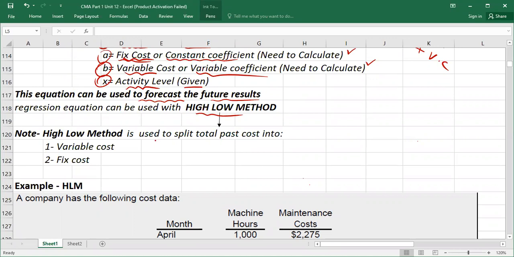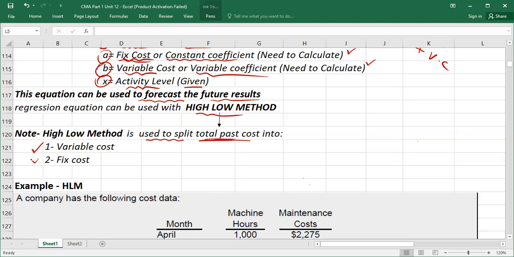Actually, the high-low method is used to split total past cost into what? Variable cost and fixed cost. Like, the high-low method is one technique which we can use to split the total cost into a variable portion and a fixed portion. Understood? For example, if your monthly expenditures are $100 and you have this data over 5 years, so you can split